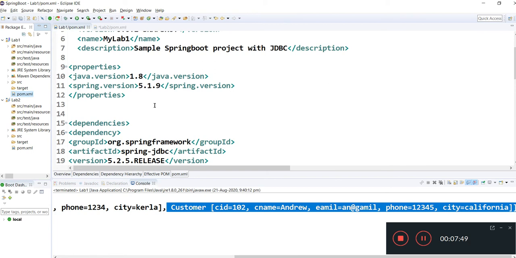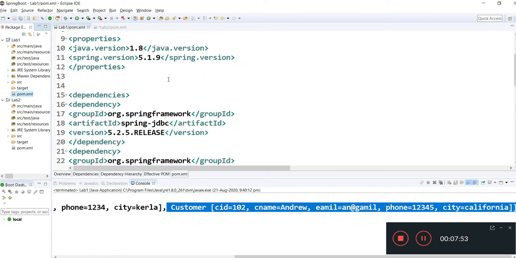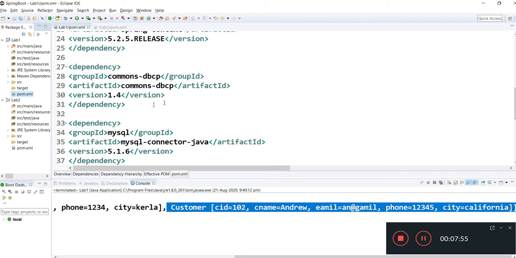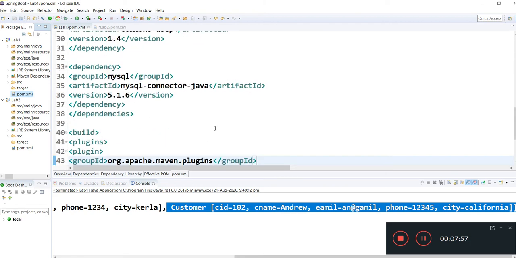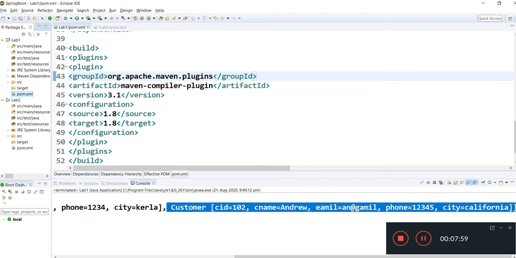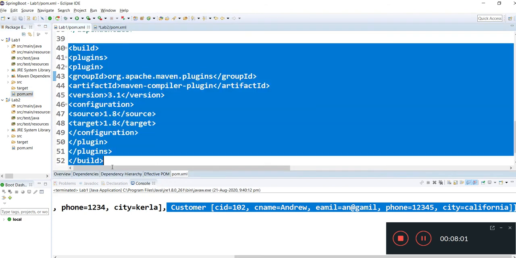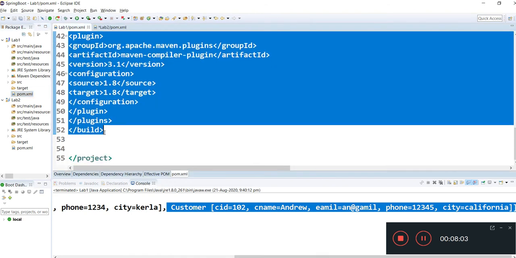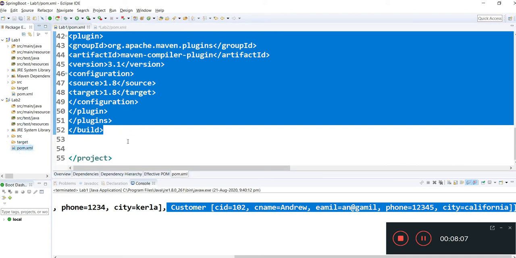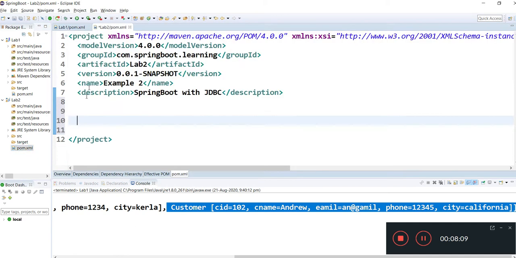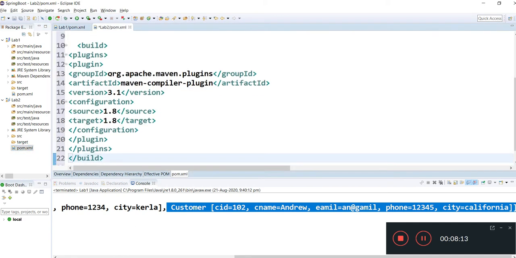And we can see here we have mentioned spring framework, spring JDBC, and context, dbcp, mysql. So we'll take something from here. First of all we will change this in pom.xml. We will start changing dependencies.